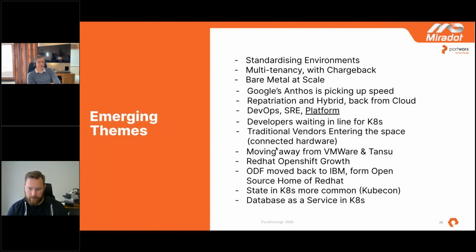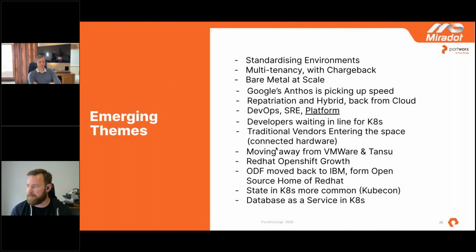Yeah, so what we're also seeing is that the reality isn't that you can just remodel all your applications to become stateless and put them in Kubernetes. So we're definitely seeing more stateful applications being migrated into Kubernetes.